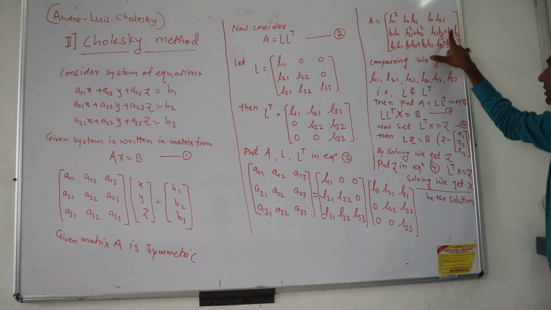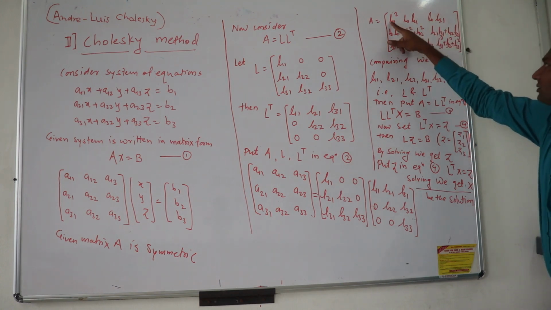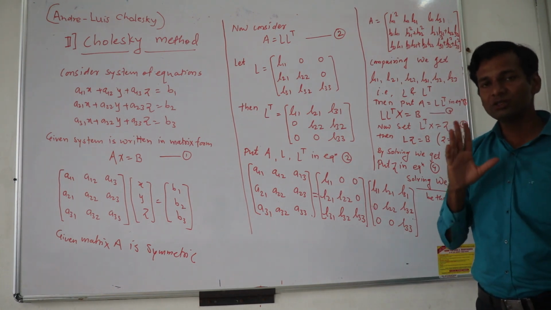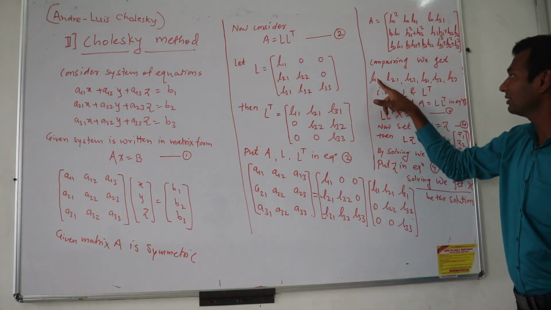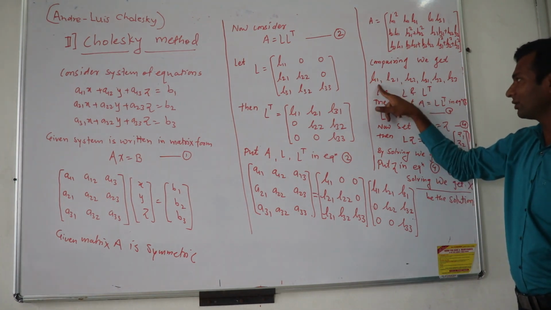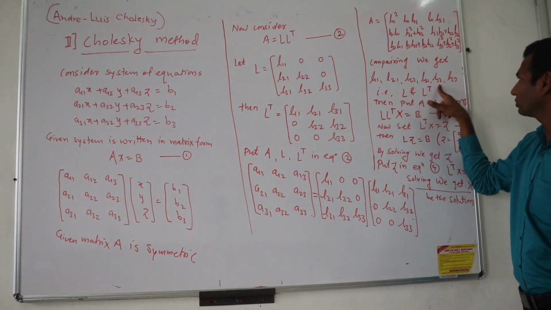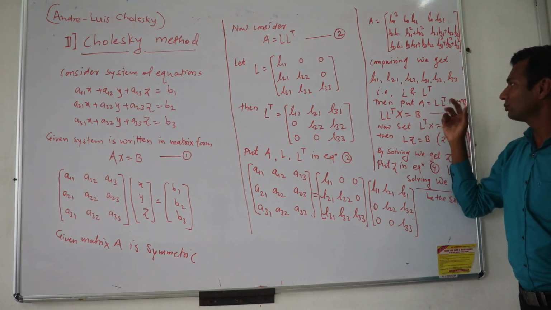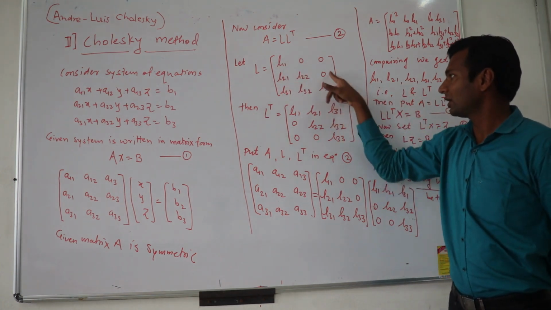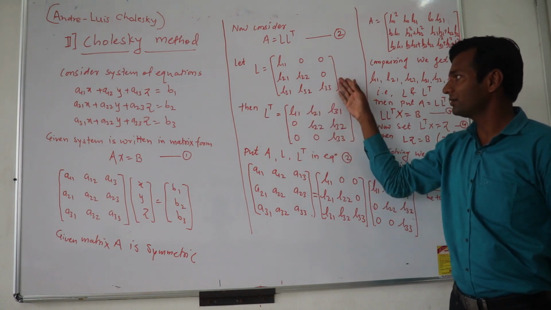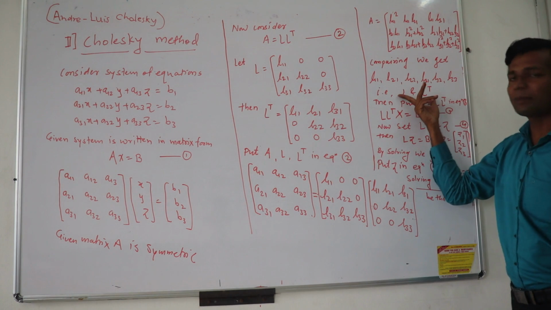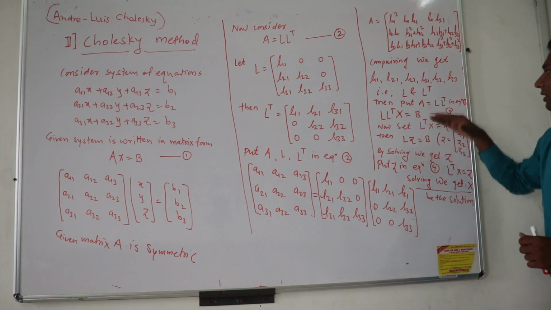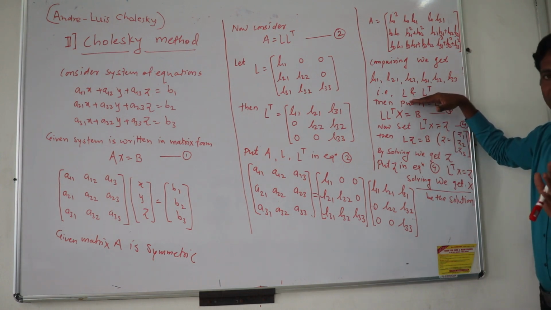So out of those same equations, we take 3 equations, and the diagonal elements give 3 equations. So totally 6 equations are there. Using those 6 equations, we get the 6 unknowns, L11, L21, L22, L31, L32 and L33. Once we get those 6 unknowns, we put them in matrix L, and also in L transpose. So we get both matrices, right? Because L transpose is the transpose of matrix L. That is the process to find L and L transpose.